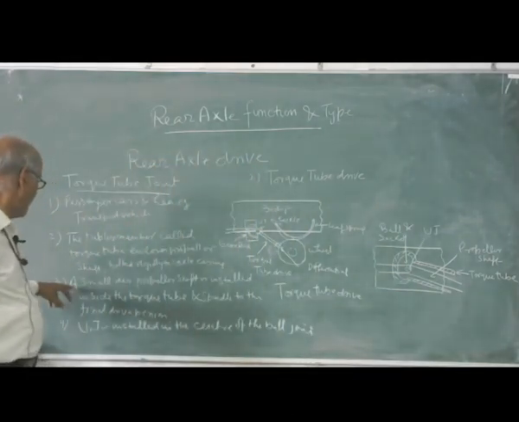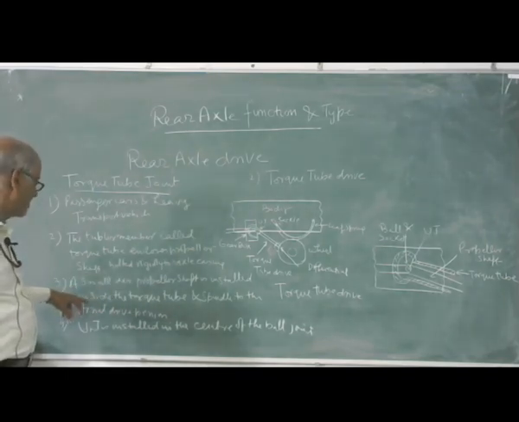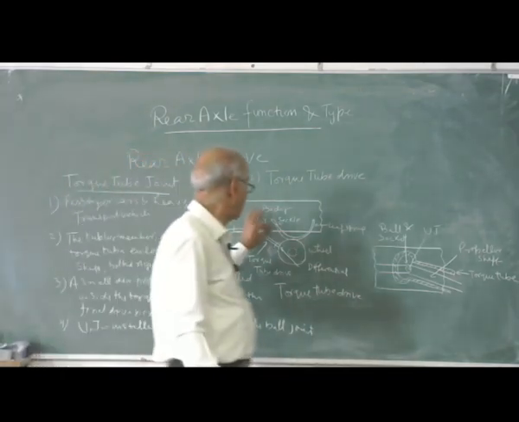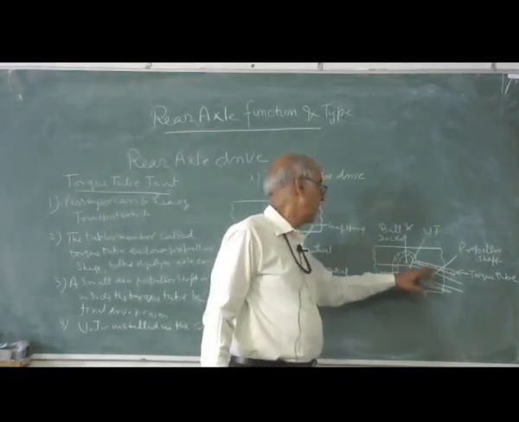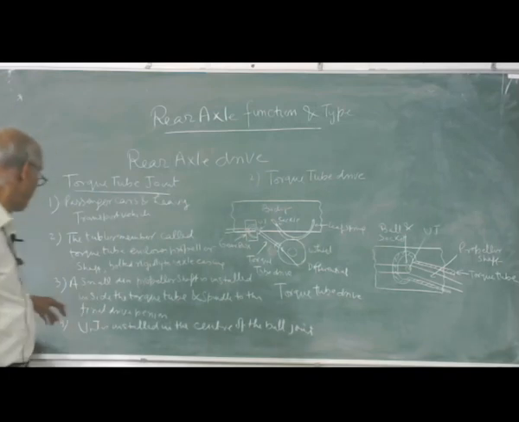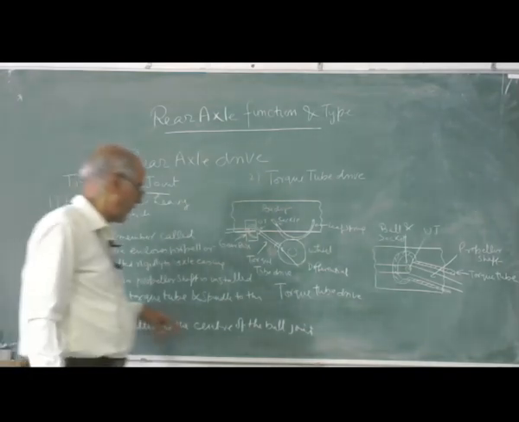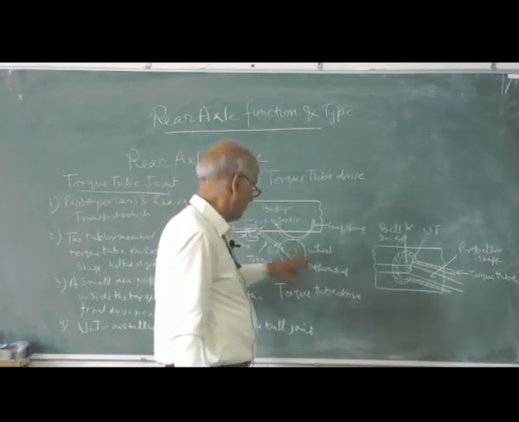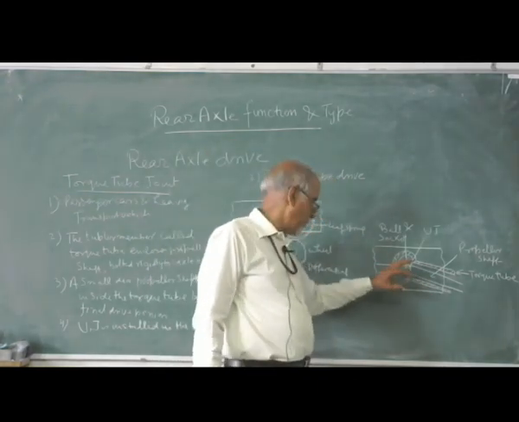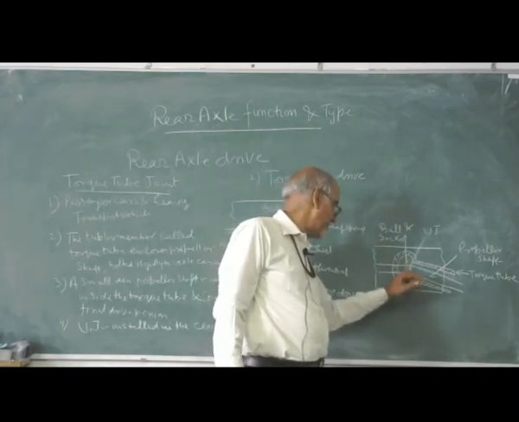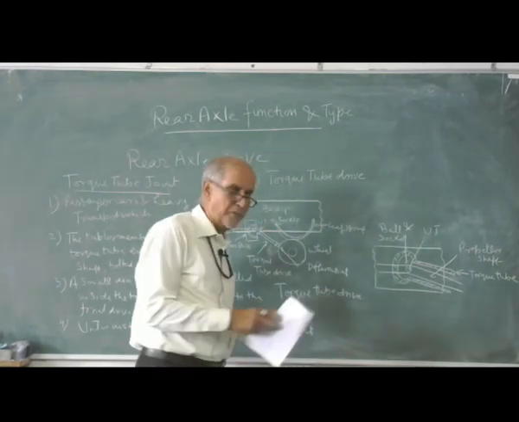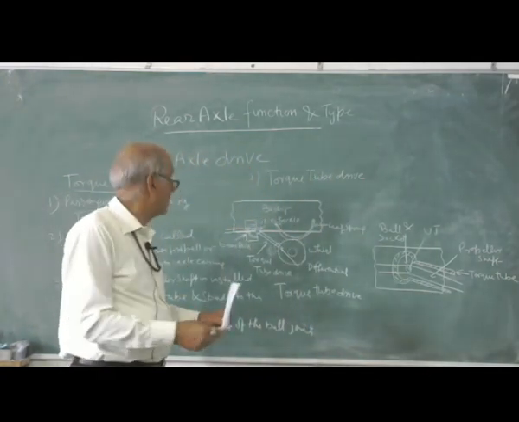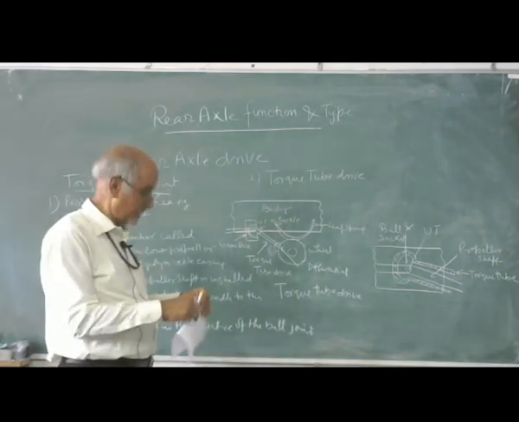A small dia propeller shaft is installed inside the torque tube and splined to final drive pinion. Of course, the shaft dia is smaller here than the Hotchkiss type of joint. A smaller shaft dia can be used for the transfer of the power. Then universal joint is provided at one point here for taking the angular movement. Up and down movement is being taken up by the ball and socket joint, but for the angular movement there is universal joint. So this was all about your rear axle function and type.